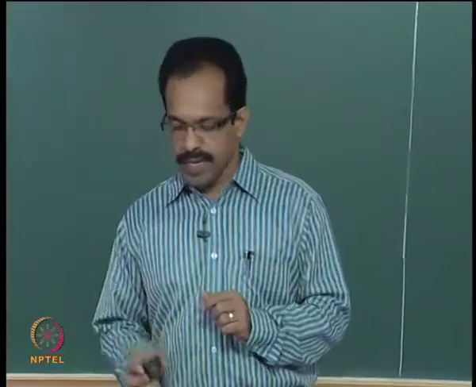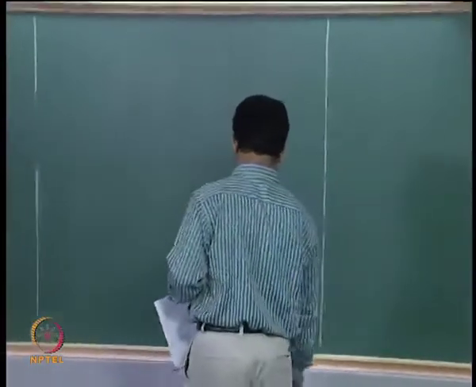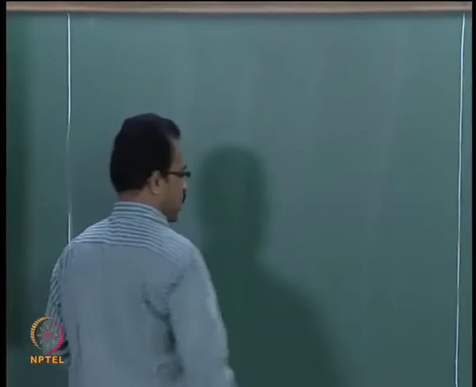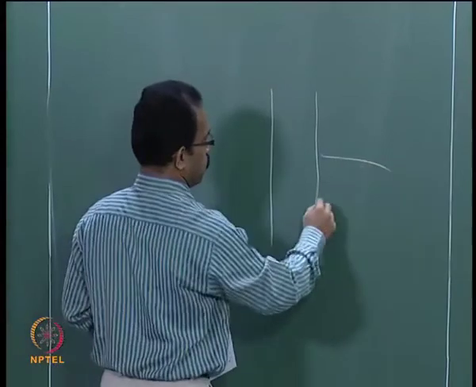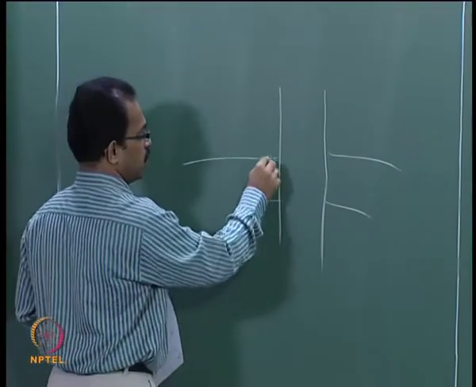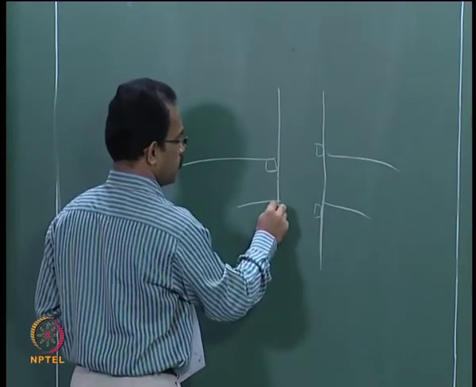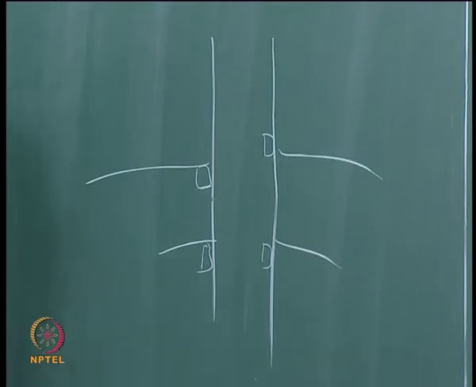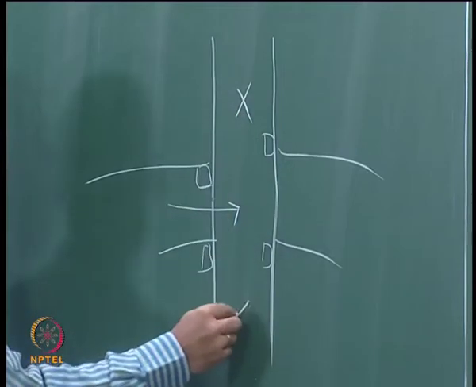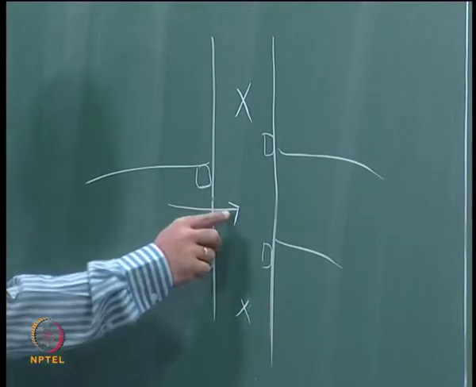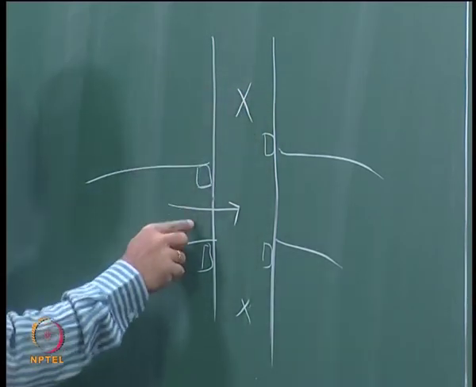I will take a very familiar example, which is a traffic signal. Basically we all know that traffic signals are to be synchronized with other signals. Suppose you have a junction and you want to show the signals on both sides, so you will have a signal at this point and a signal here, and of course here also. These signals need to be synchronized, because when there is a green signal here, there always should be a red signal on both sides, and when this should change,